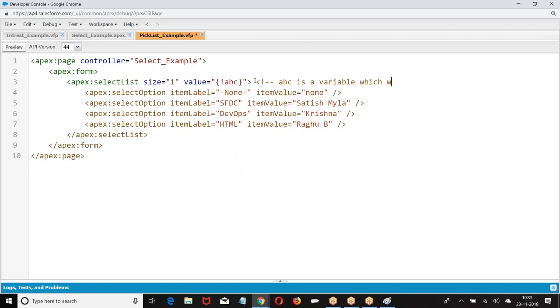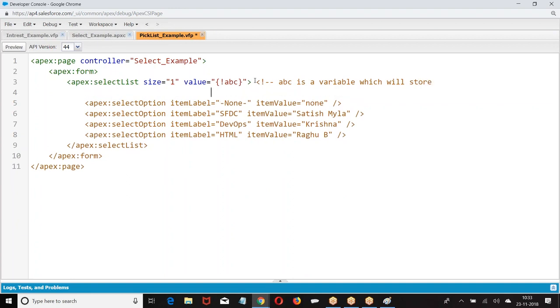The variable will store the item value of the label which you selected. Whichever item label we selected, the corresponding item value will come.